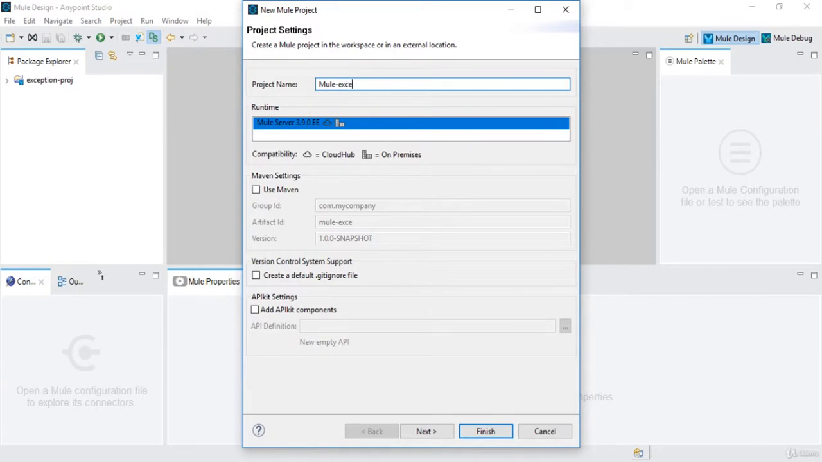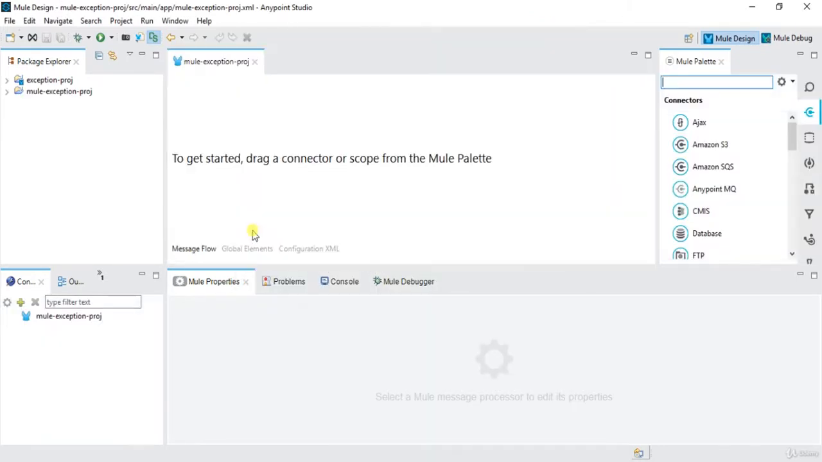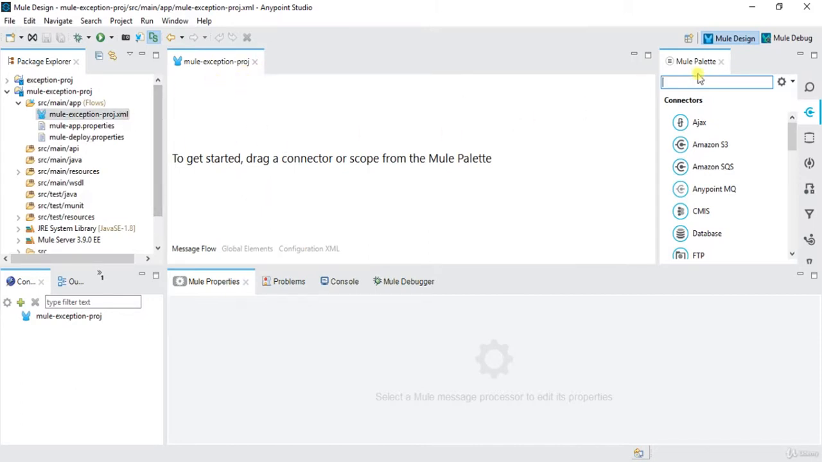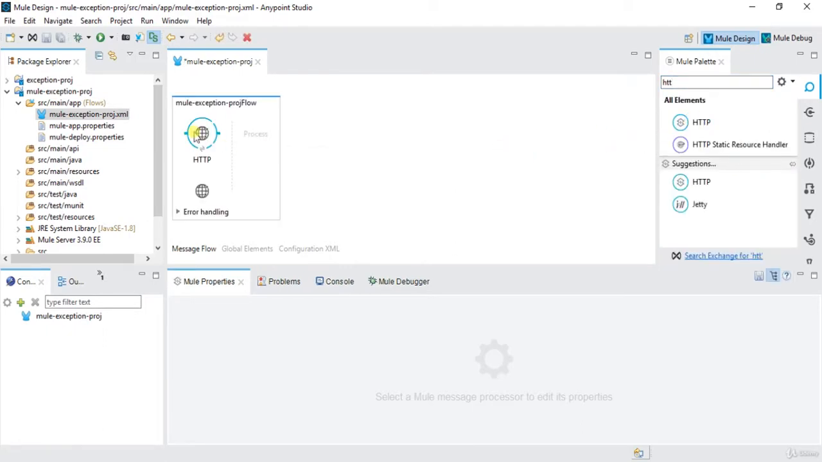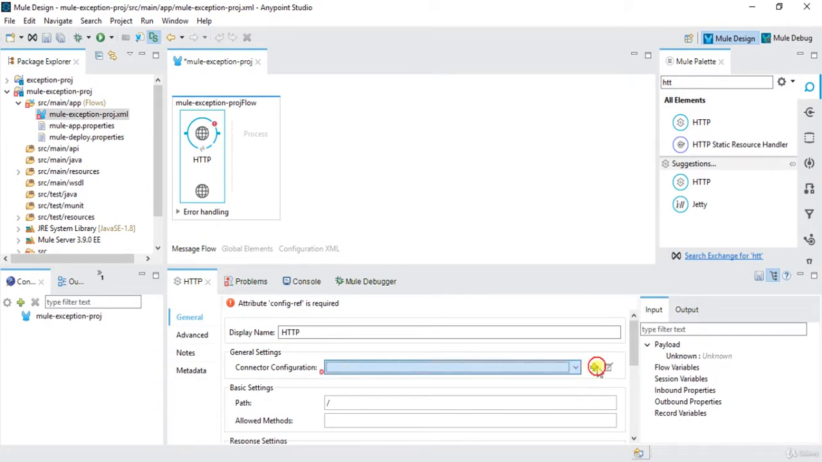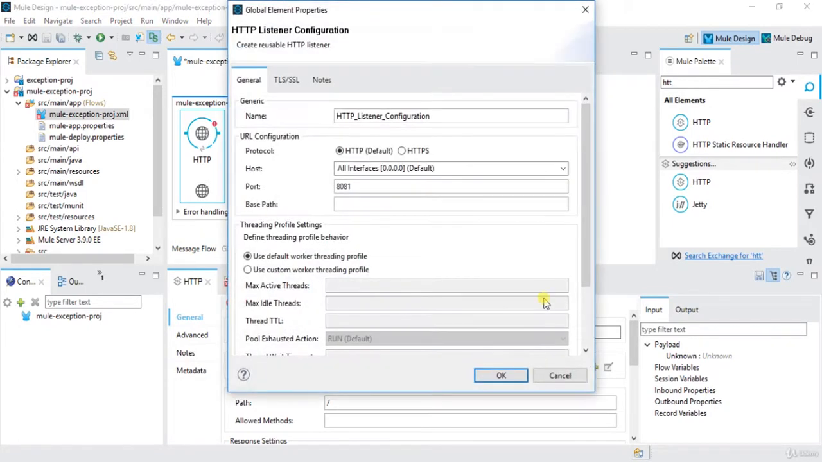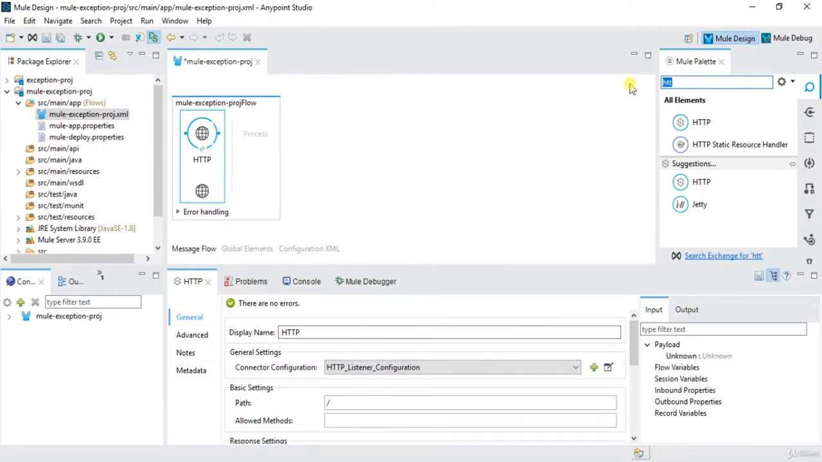Mule exception proj. So we have the mule exception pros.xml file. Here we'll drag one HTTP connector. I'll configure this, and then I will drag one